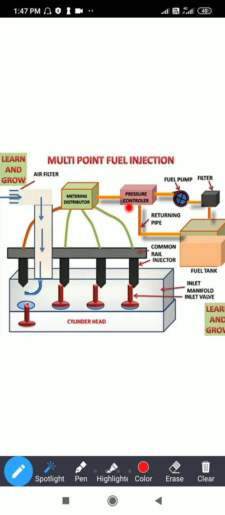The high pressure fuel which is coming from the fuel pump, over there the pressure is controlled, and whatever pressure is required for the metering, for the distribution, for each of the injectors, that pressure is controlled in this pressure valve. From over here the fuel is transferred to the metering distributor. From this metering distributor, you can see in the diagram, the fuel is transferred to the injector when the cylinder valve is open